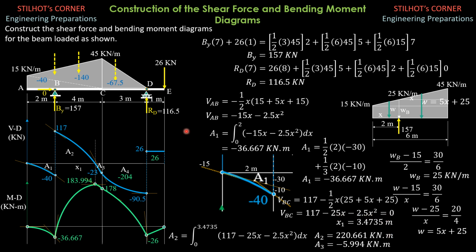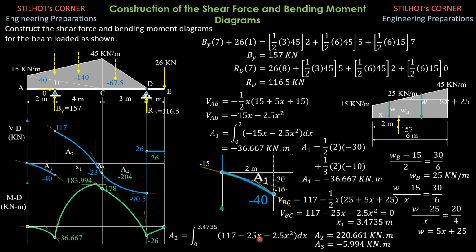Then we equate that to 0 because we want to find the value of x1 where the shear is 0, because it crosses shear is 0 before it becomes negative 23 from 117. So solving for x1 with your calculator, it is 3.4735 meters. Therefore, we can now compute area 2, which is the integral of the shear equation, which is 117